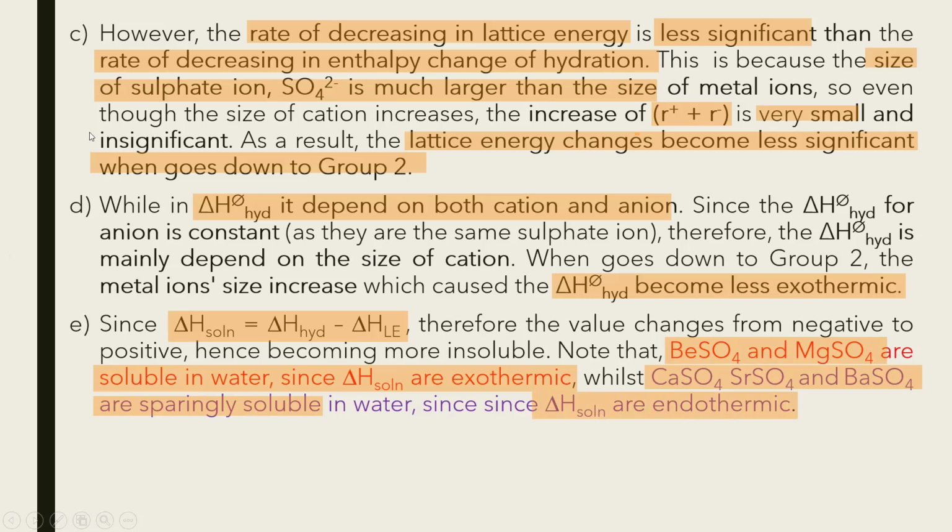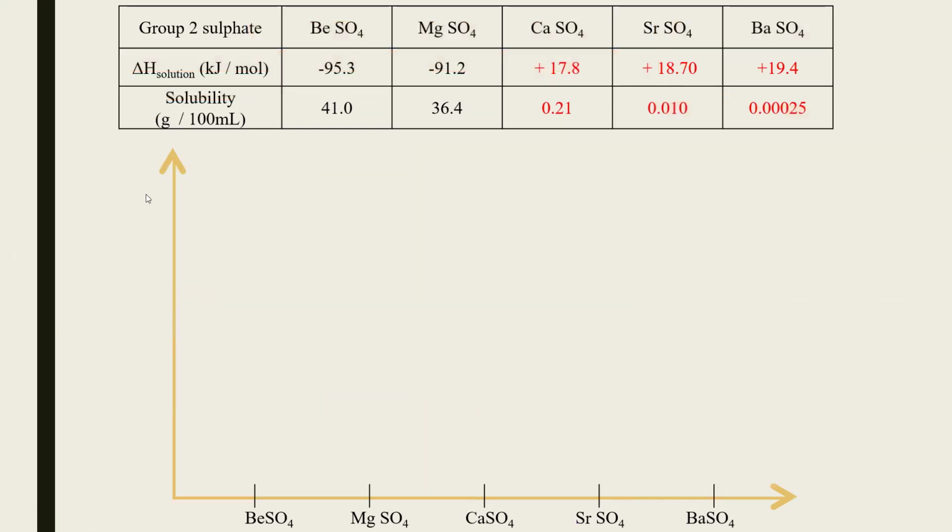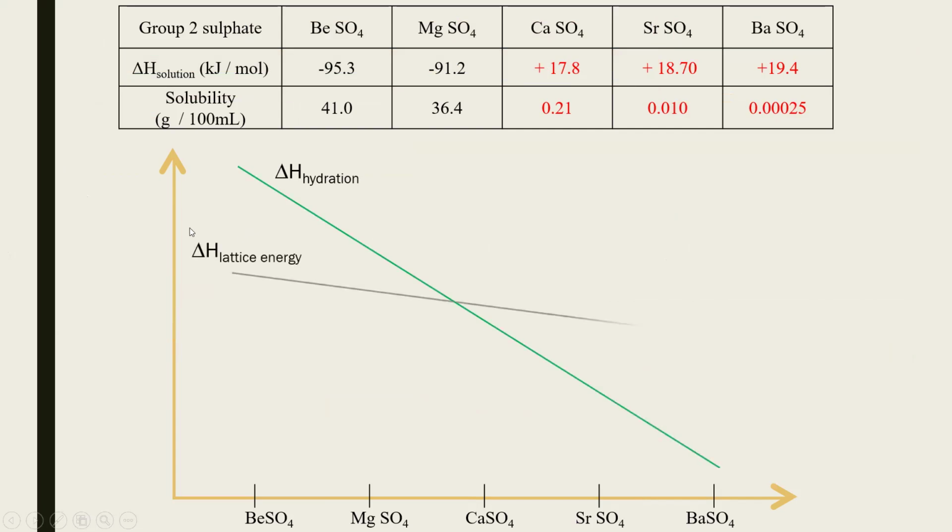Okay. So from this graph, I hope that you can see easily that this is the decrease in the enthalpy change of hydration, and this is the decrease in the lattice energy. So the borderline lies in here. This is the borderline that separates the two of these. So as you can see from here, if you look carefully, in between the hydration and also